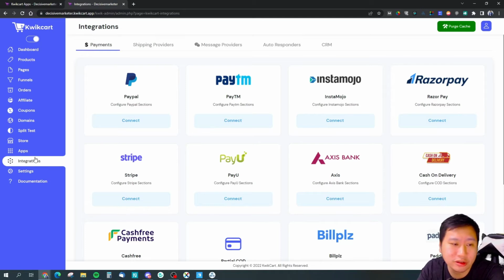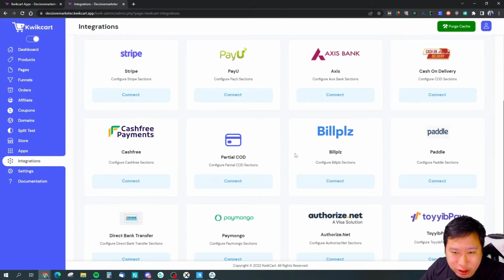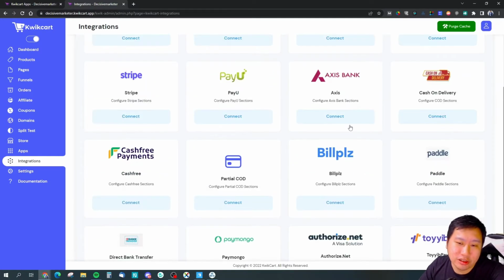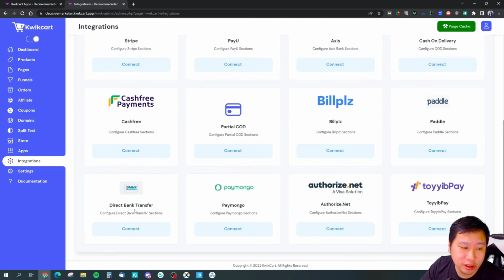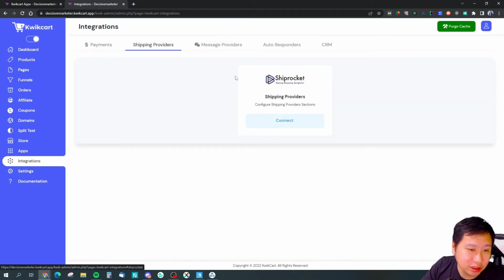So you got PayPal, you've got Paytm, Instamojo, Razorpay, Stripe, PayU, Axis Bank, cash on delivery. Right, so having cash on delivery option is great. Partial cash on delivery as well. Paddle, Bill Place, Cashfree Payments, direct bank transfer, so that's very good. PayMongo, Authorize.net, ToyPay. Okay, so those are the payment methods, and then you got ShipRocket, right, for you to set